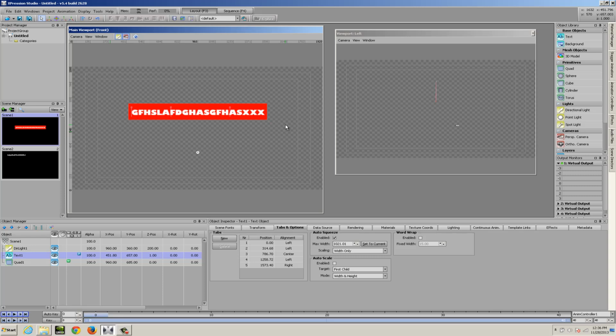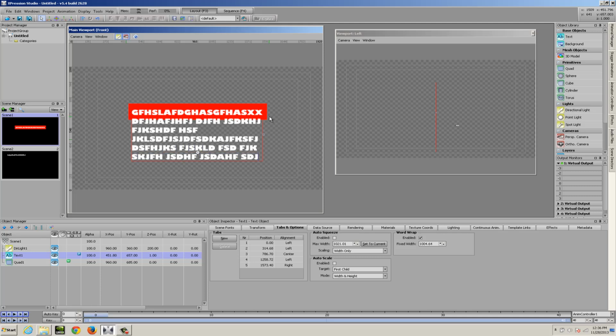All right. Now, for paragraph applications, you may want to use the word wrap function. What the word wrap function will do is automatically create line breaks for us in our text object. So once we get to a certain width, it'll automatically create a line break, and we'll be typing on a new line. So I'm going to disable auto squeeze, and we are going to use word wrap. And again, if we enable word wrap, it sets itself to the current width of our text object, and you'll see that it just automatically starts creating line breaks for us as we type. So pretty easy to set up that type of functionality as well.